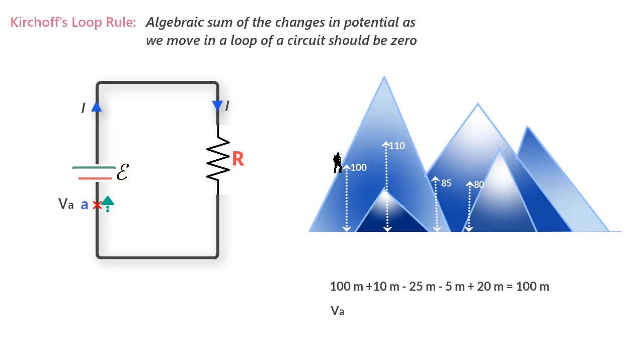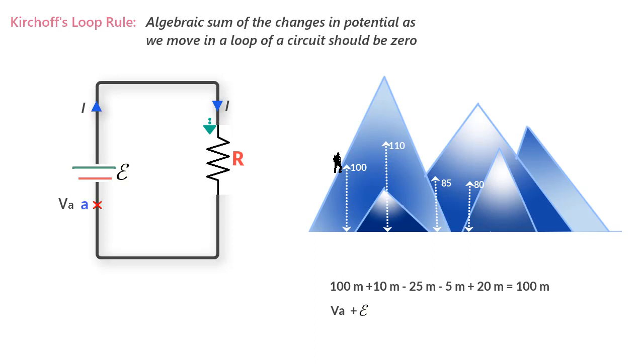So let us start moving, and as the charge moves from here to here, what we see is that we have moved from the lower potential point of the battery to the higher potential, and so the charge has gained potential, and we know the potential difference is E, and since there is a gain, we will label it positive. So let us move on, and as we move along this wire, there is no change in potential since the wire has negligible resistance, or in other words, no effort is required or no work needs to be done in moving the charge between any 2 points of the wire itself.